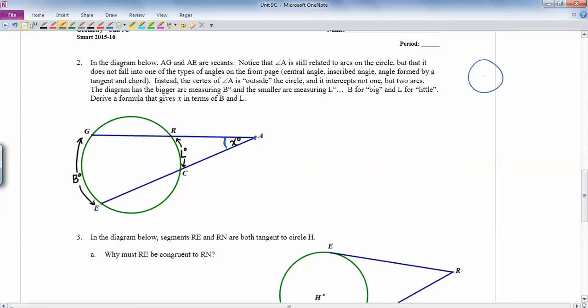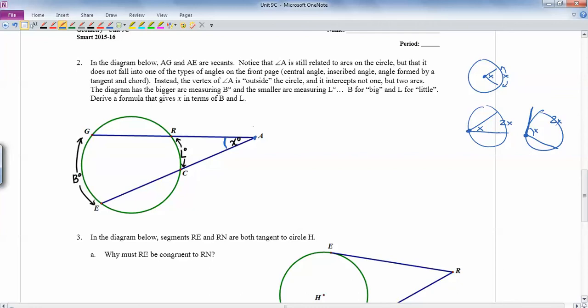Before we covered if it's at the center, then it's the same as the arc. And we figured out that if it's on the circle, I'll use x again, then it's half the arc. Even if it's on the circle where one of them is a tangent, right? This would be 2x. The angle here would be x. So now we're talking about what if it's outside the circle, not in the center and not on the circle,